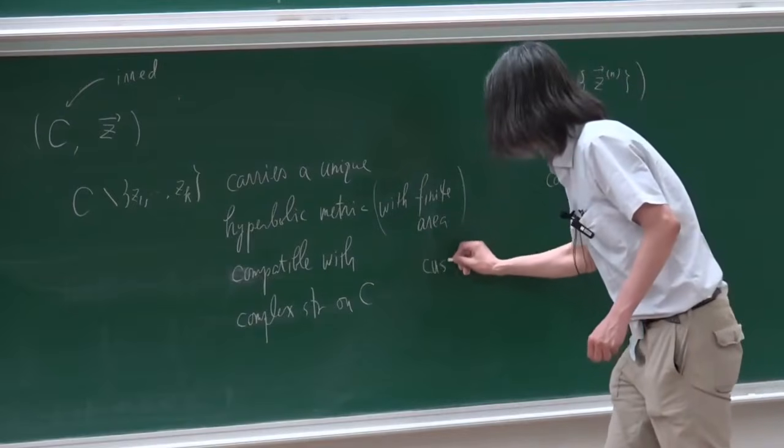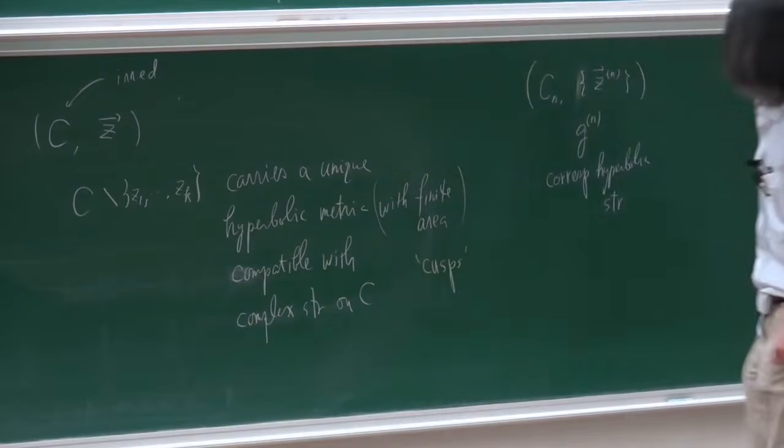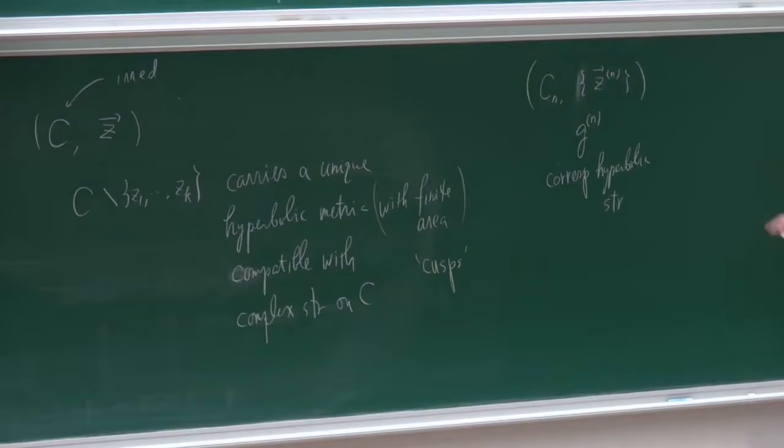And then what we can say is either it has a limit like C infinity and Z infinity, so this is actually a certain hyperbolic structure with cusps,